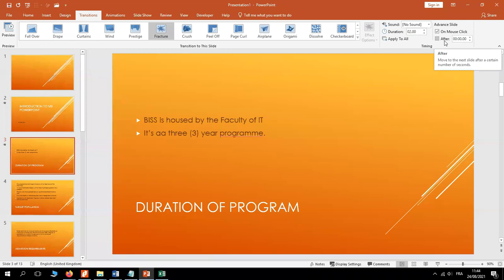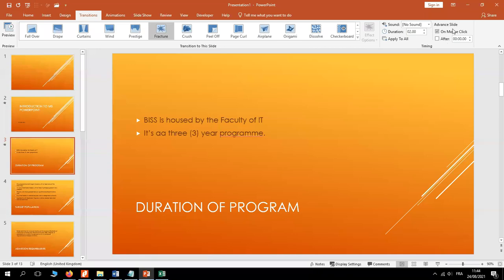So I can, for example, say that this one I should give it, let's say, 20 seconds, just the heading alone. Meaning after the 20 seconds elapse, then I expect slide number 2 to come automatically. Okay? Then I look at the contents. How much time do I need for this slide to show? Maybe 1 minute. Then I set it to 1 minute. So like that, at the end of it, you're able to manage your time by changing the settings here